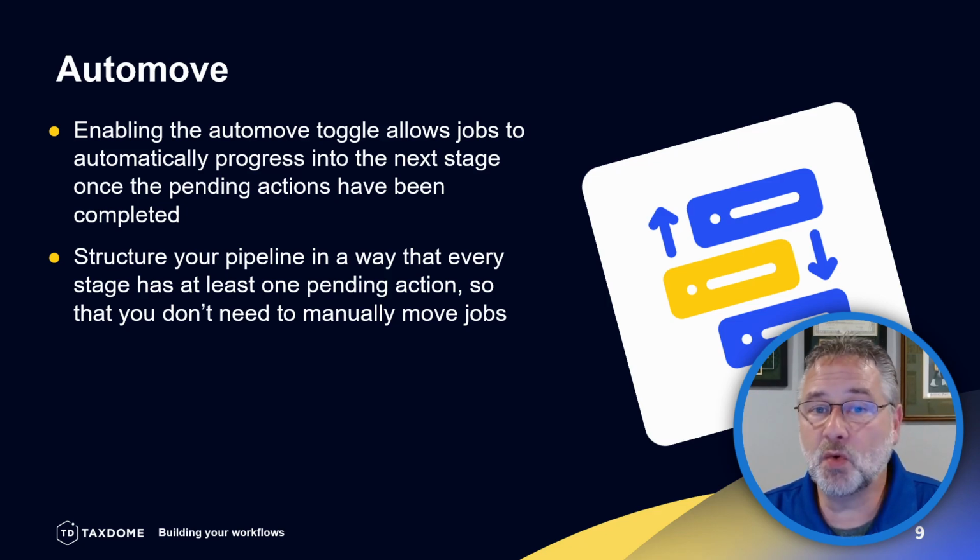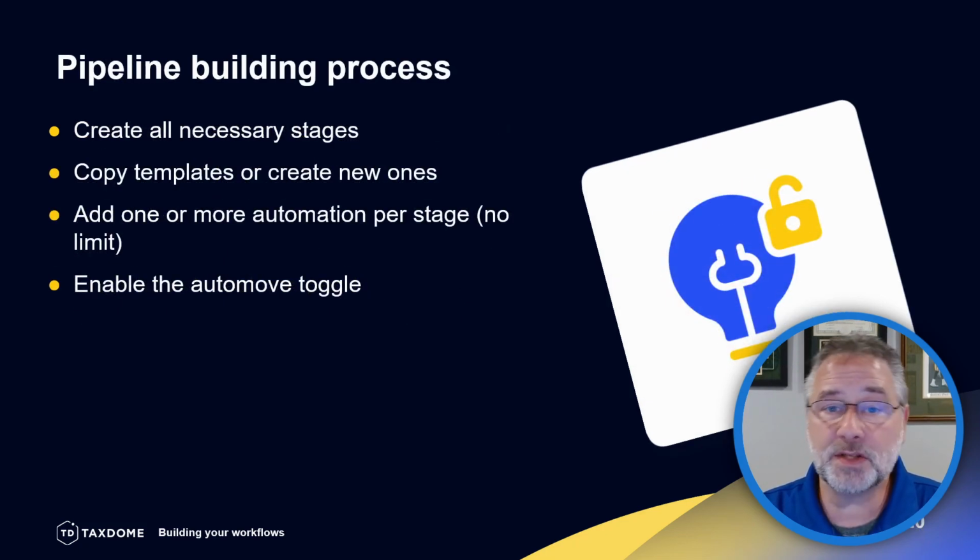In most cases, you want this to be enabled, but if there are parts of your process where you want a job to stay in a stage until somebody manually moves it, well, you can certainly do that. Simply disable the auto move option for that particular stage. It's entirely up to you. So once you create your templates, add automations to the pipeline and enable the auto move function, you will have a fully automated workflow. Regardless of whether you're making pipelines for bookkeeping, payroll, tax prep, or anything else, the setup